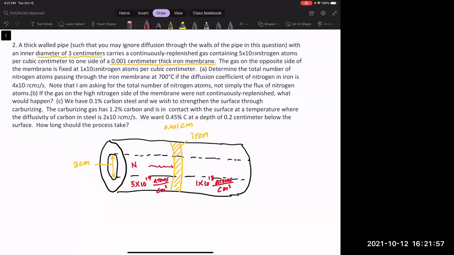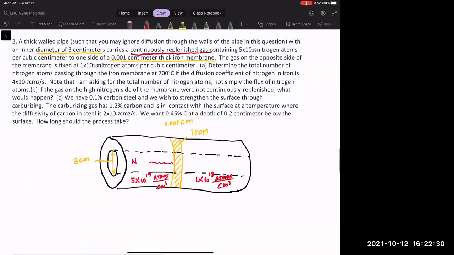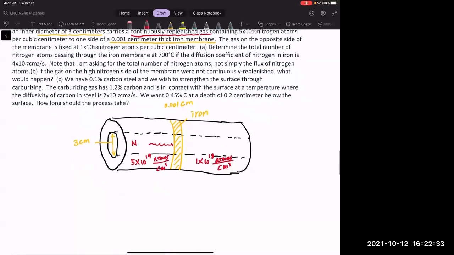Okay, so that is the situation they give you. And they also tell you that if you are using a continuously replenished gas, when you continuously replenish the gas, that means this is going to be the constant flux, which you are going to use Fick's first law. So what is Fick's first law? Fick's first law